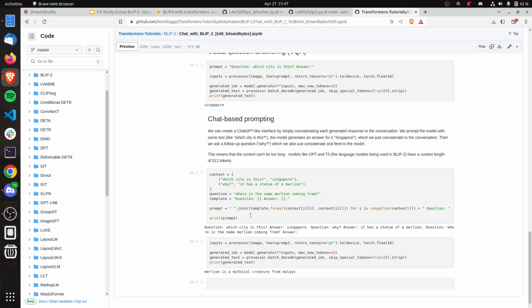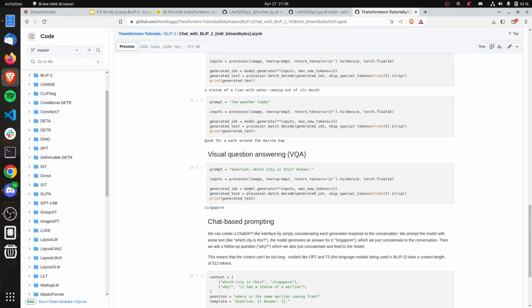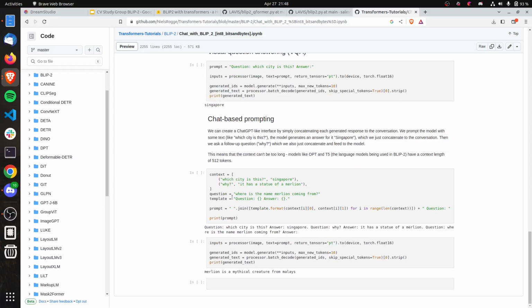So I think it's pretty straightforward. That's the nice thing about the Transformers library. You don't need many lines of code. And I guess you can have a look yourself if you want. I will also put some links into the last slide when I upload it, so then you can check it out yourself. Okay, now that is it from my side.